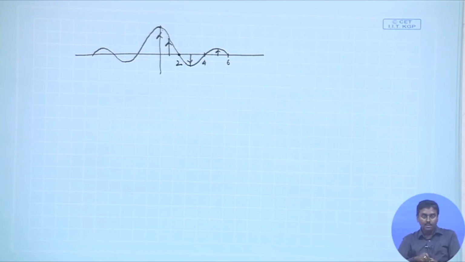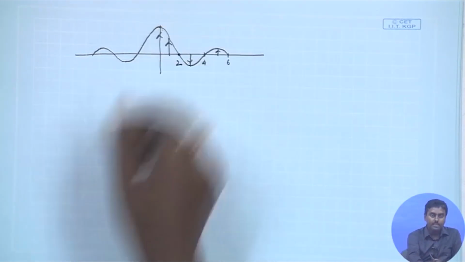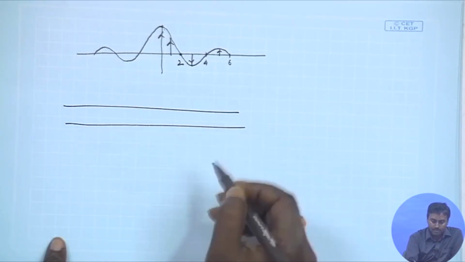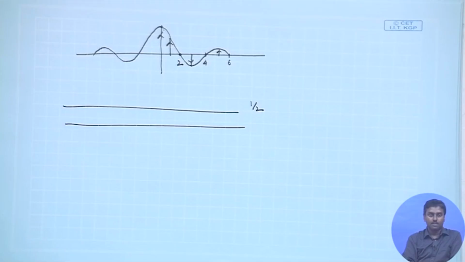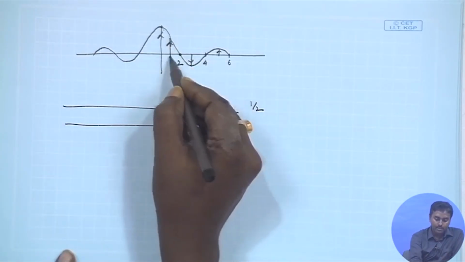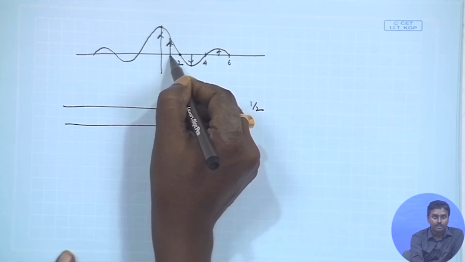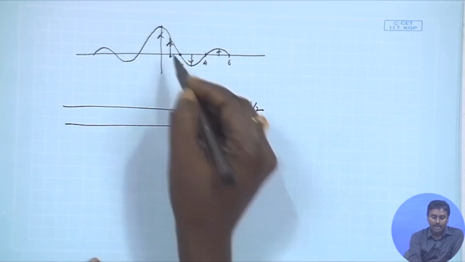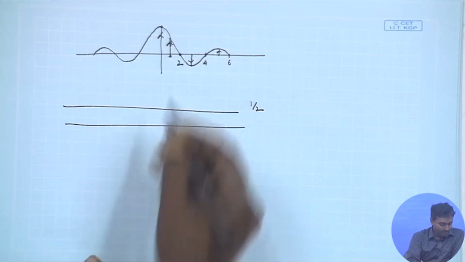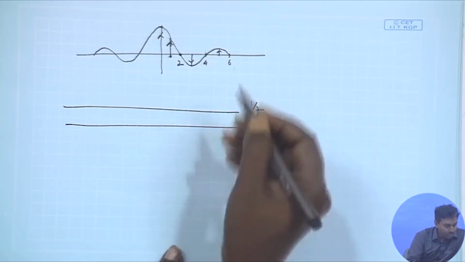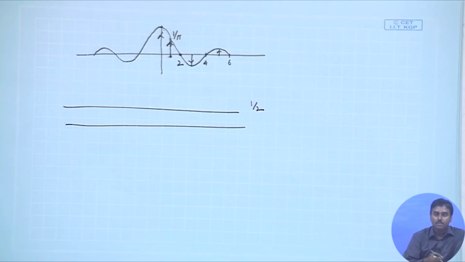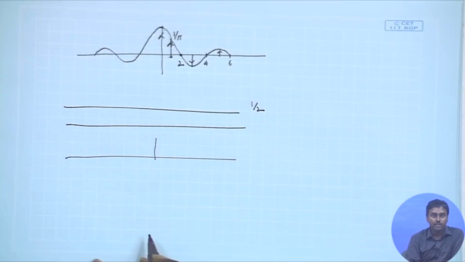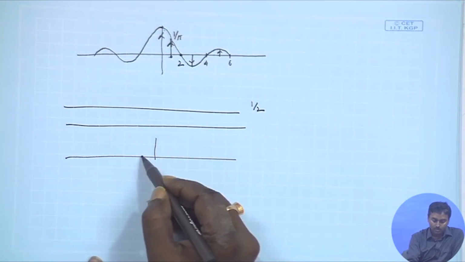First, a DC term of half. So, basically if you just take a signal of strength half. Okay. Next, a sinusoid of period 2 pi, and at this point the amplitude will probably be 1 by pi. So, with 1 by pi and period 2 pi, if you just put a sinusoid,